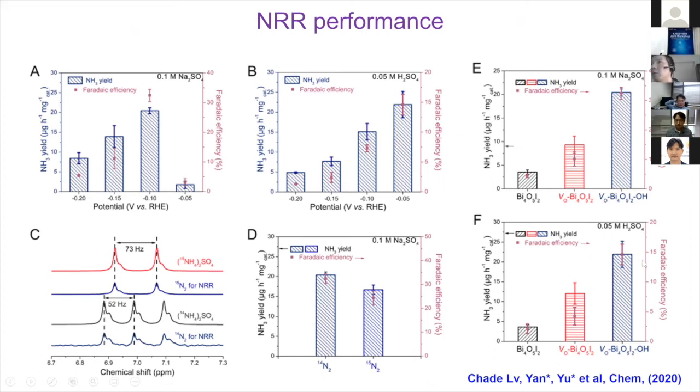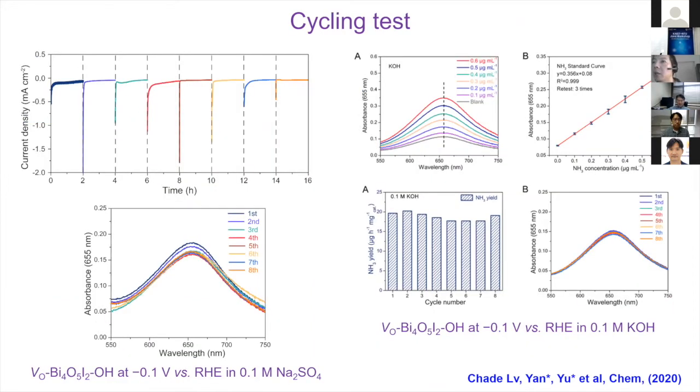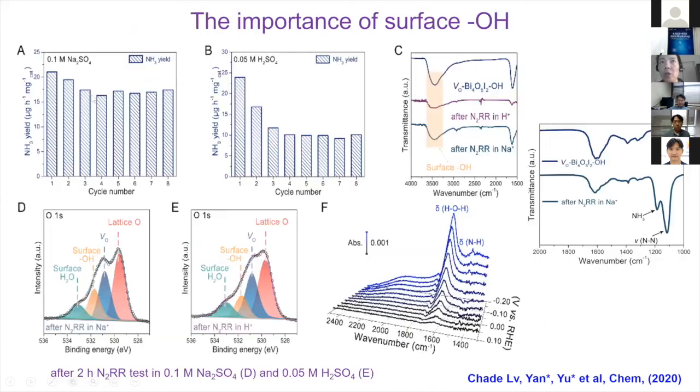However, later on we find out that if you do it in the acidic condition, after this in neutral, they also in the basic condition also good. In the neutral condition, during the cycling, the performance is still okay, but in the acidic condition, upon cycling, your yield will drop significantly. The reason is that after this kind of test, we find out the surface OH group